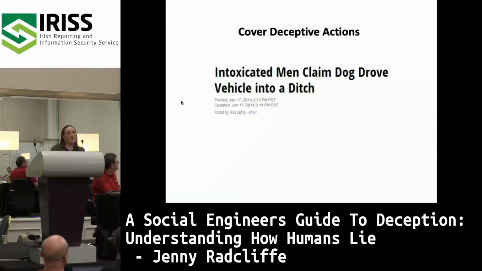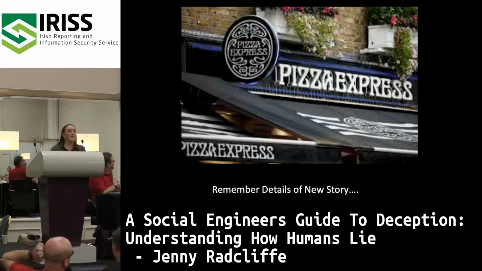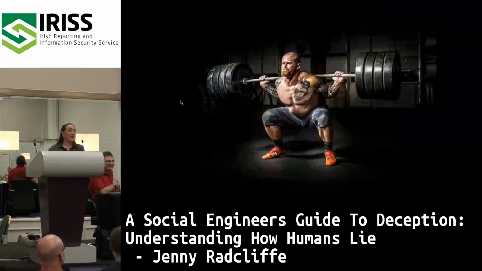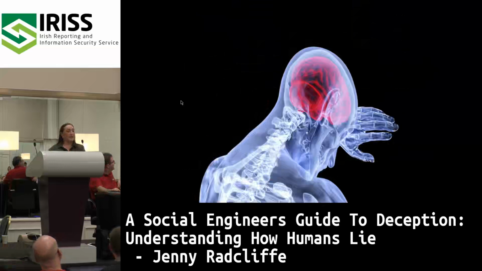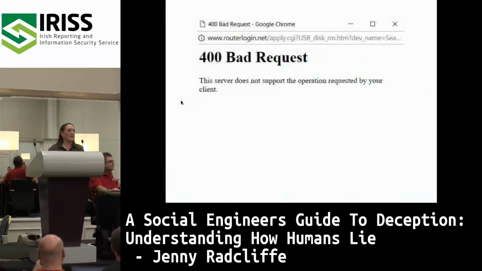You also have to cover your deceptive actions with something else and try and give a story that covers up what happened. And also, you have to remember the details of a new story, and preferably not one that anyone else can deny. And so what happens is your brain's doing a lot of heavy lifting. It kind of overloads. We call it cognitive overload. And I was desperately searching for a technical analogy. But what it's like is this.